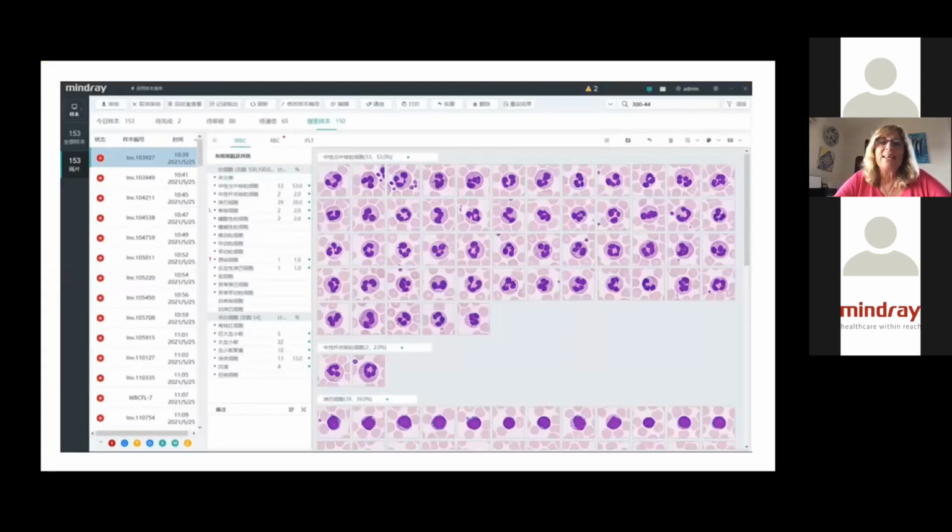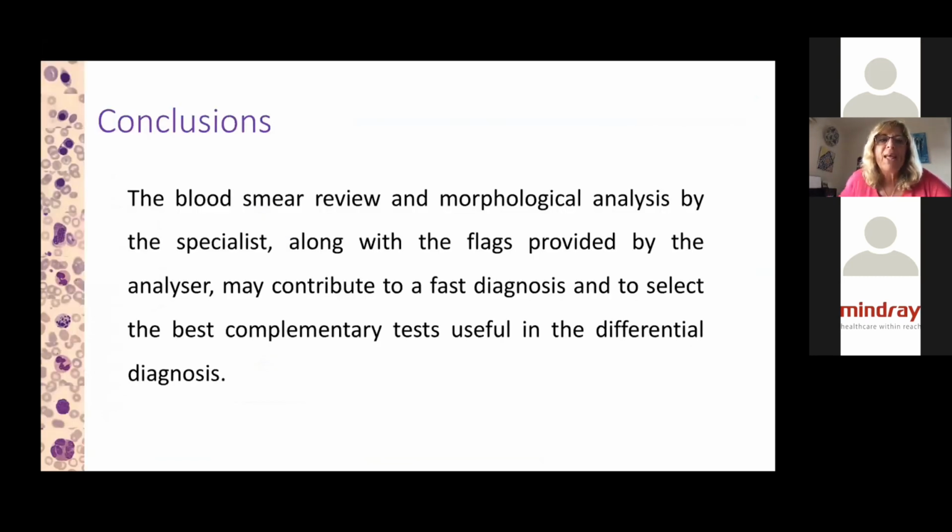This is just an example of the MC80 that I have the opportunity to have in the lab, showing the leukocytes, but already classified: neutrophils, lymphocytes. So this is the future, because I am sure that this will improve the efficiency of our work in the lab. So let me